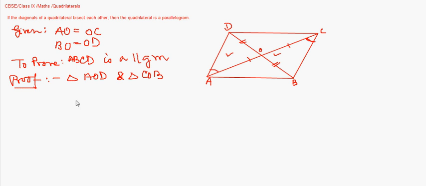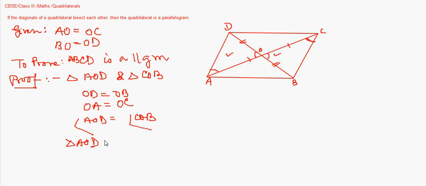So to do so, we know that OD is equal to OB. As well, we know that OA is equal to OC, and these two are vertically opposite angles. So angle AOD can be equated to angle COB. Therefore, triangle AOD is congruent to triangle COB by